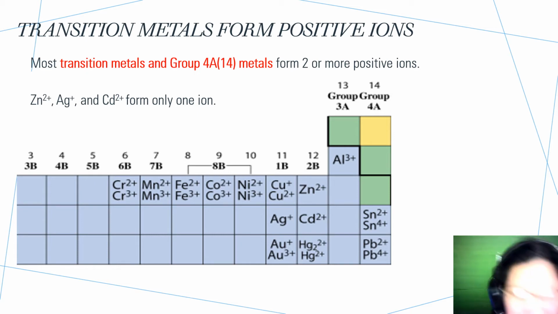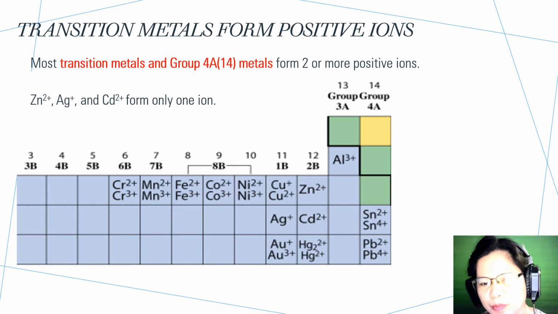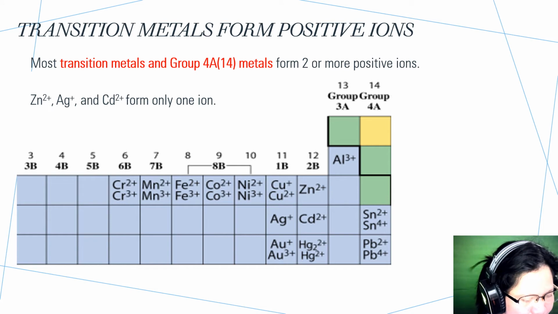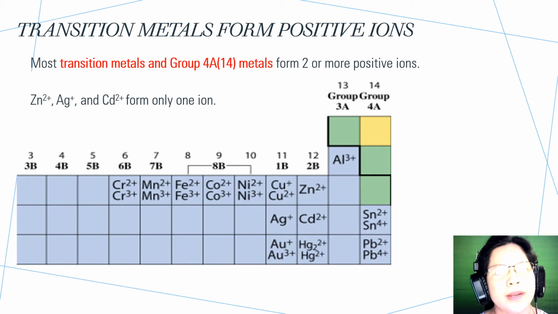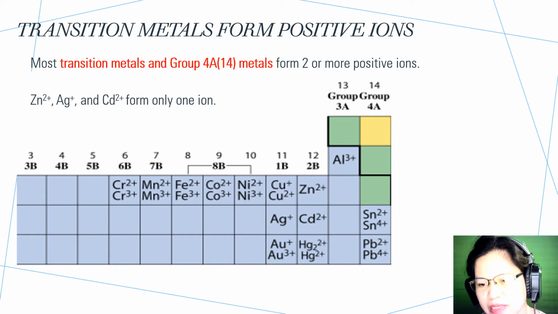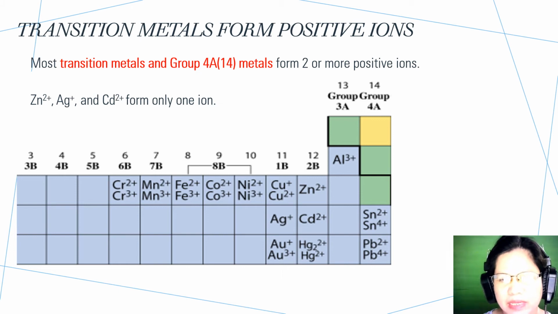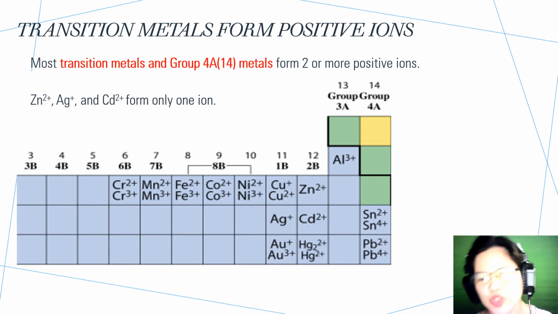Sn is tin. Tin 2 plus and tin 4. Pb is lead. Yes, right? It is lead. Lead 2 and lead 4. Now, for these examples, kung mapapansin nyo yung kanilang charges, special cases yung nasa transition metals. Why? Because the charges that they have, isusulat mo siya sa loob ng parenthesis at isusulat mo siya sa Roman